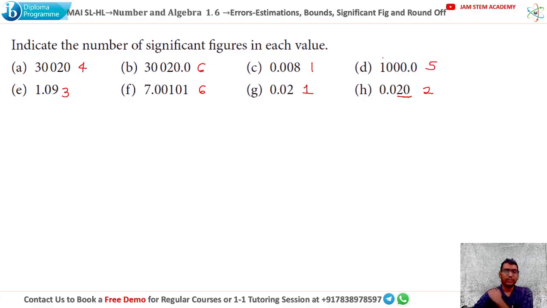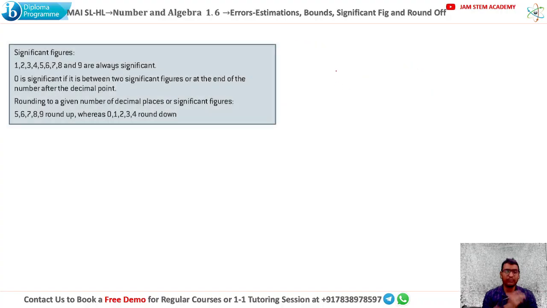Okay, now after this, let's move to the next question. It says, okay, one more concept: how to round off the answer. Before starting the question, how to round off. See, if you are rounding off to a given number of decimal places or significant figures, check the next digit. If it is 5, 6, 7, 8 or 9, then round up. If it is 0, 1, 2, 3, 4, then round to the same, or down. For example, if you have